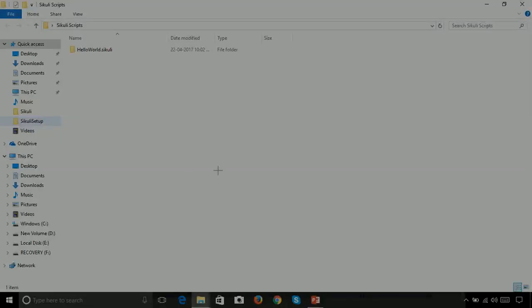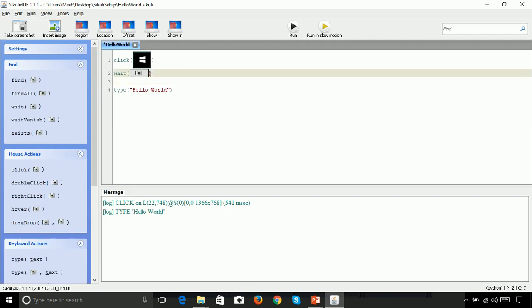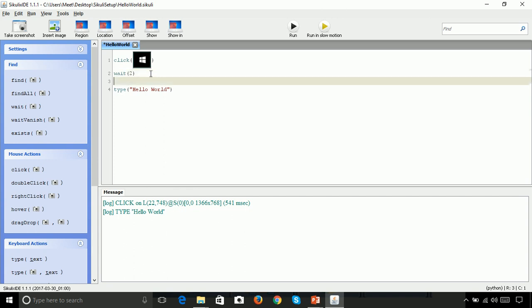Wait will accept parameters in two formats. It can accept the parameter as an image also, like if a particular image appears on the screen, the script has to wait till then. Otherwise, you can give a simple number which will be in seconds. So as of now, let's give a number. Let's ask the Sikuli script to wait for 2 seconds.